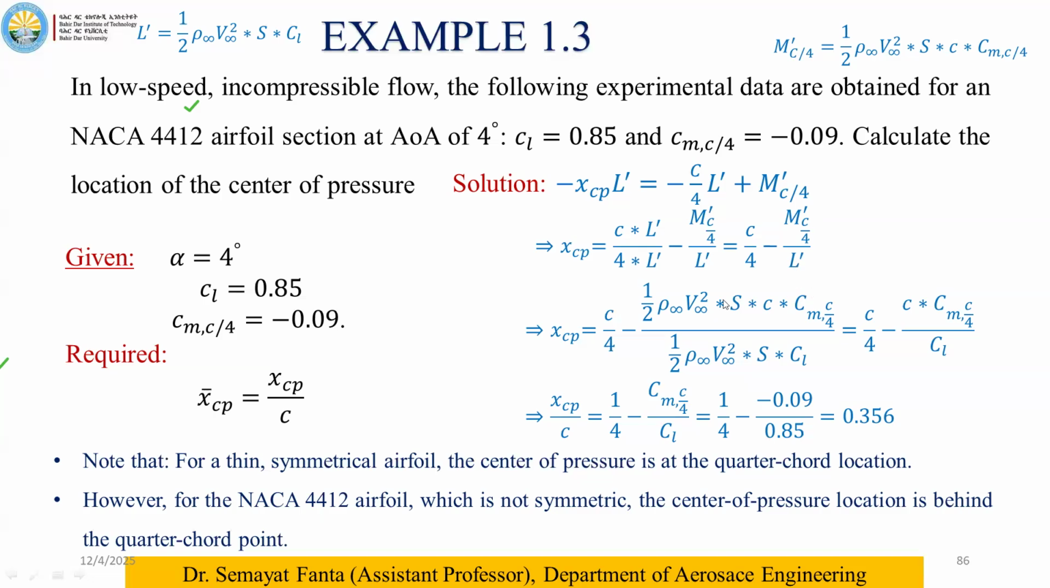So let's substitute. Now divide both sides by C. Actually, the moment about the quarter chord is given. The moment about the quarter chord is half rho V squared S C, where C is the chord, and C